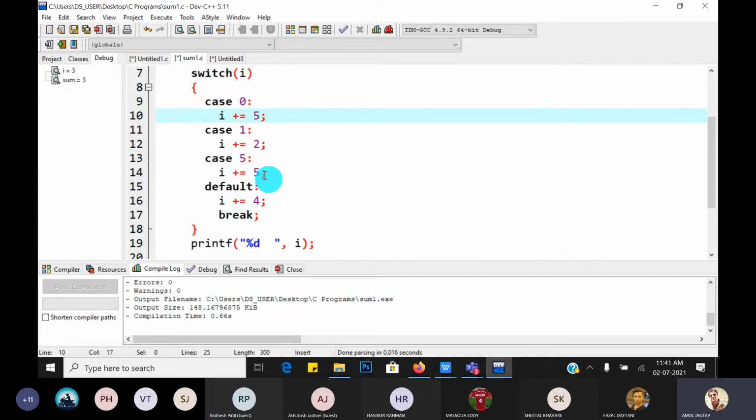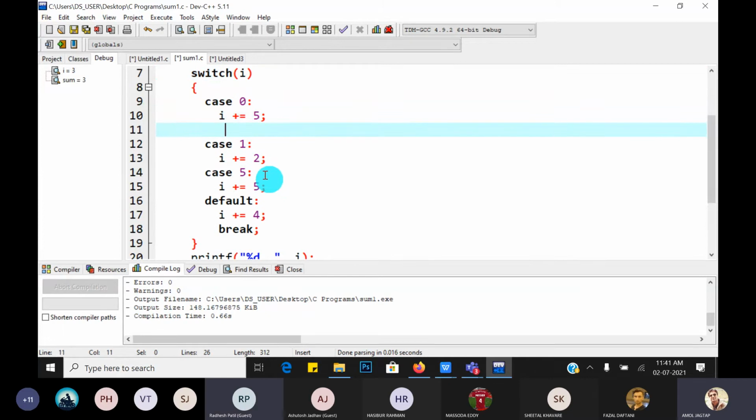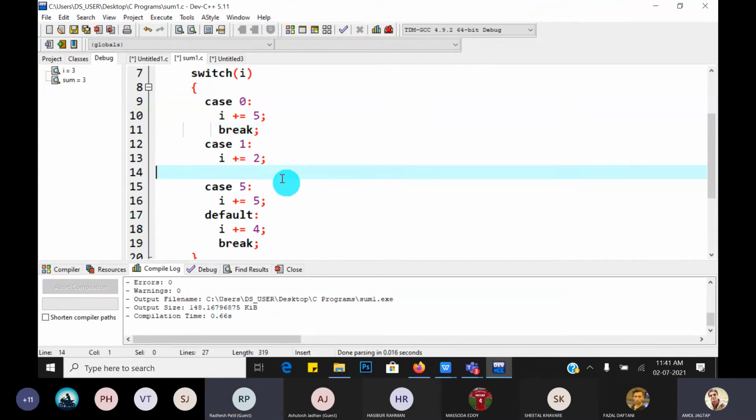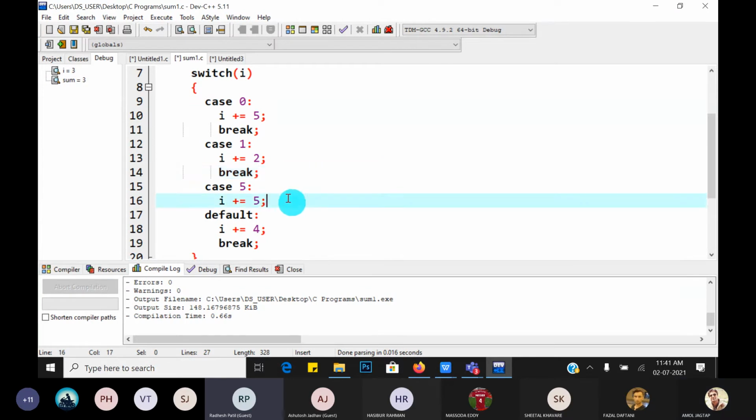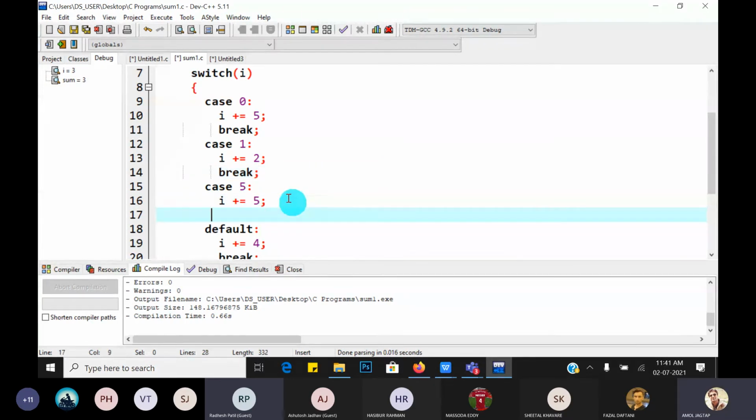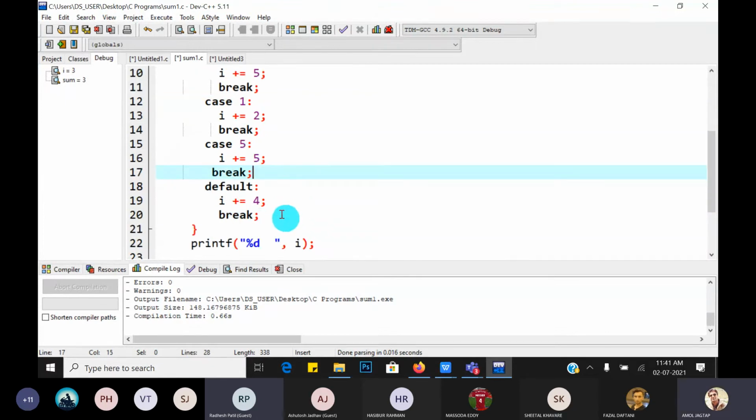Every switch case has a break, which is the combination of switch case and break. Break is required. After default, there is no need to write break.